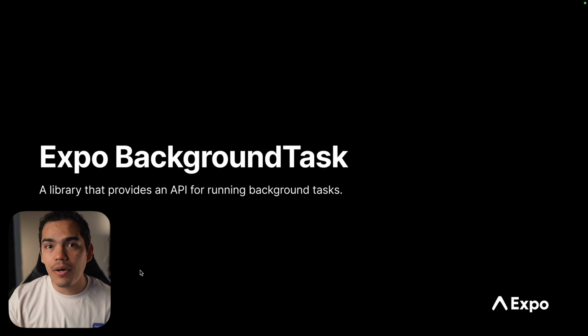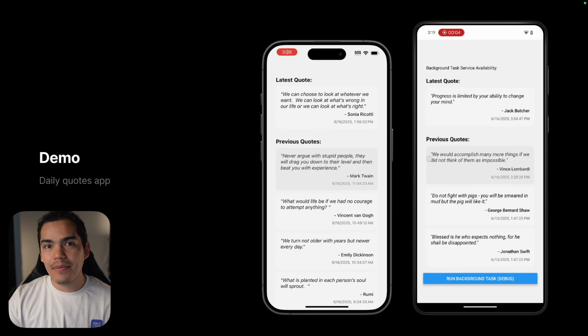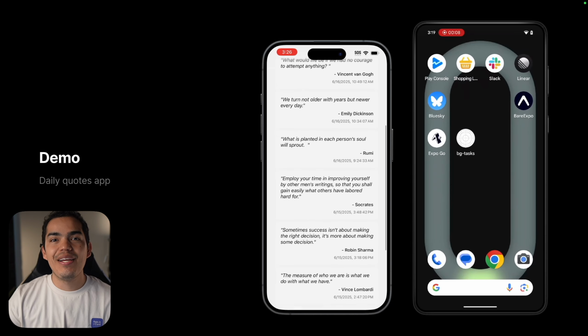Let's talk a little bit about some important things that you need to know about background task before we jump into coding. So let's start by checking out the demo. Today we're building a simple daily quotes app. Users get a new quote every day and they don't have to wait for it to load when you open